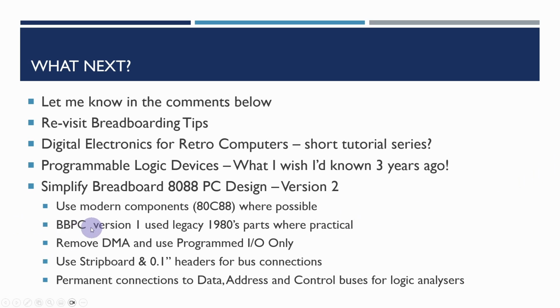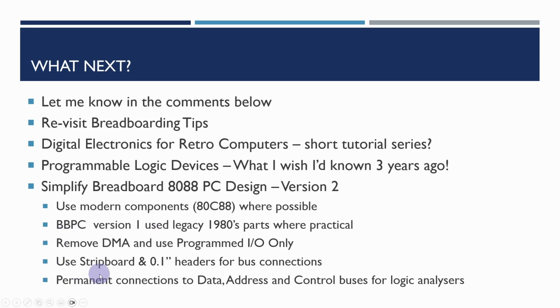And what I have been thinking about doing is simplifying the breadboard PC design, doing a version 2. I have actually got a modern C88, which was bought from Mouser in the last 6 months or so, and there are a number of the other parts which are still available to be bought as new parts rather than from eBay. The Breadboard PC version 1 used legacy 1980s parts where practical. Sometimes it was late 80s, early 90s, like the PS2 keyboard controller, but they were basically parts from 30 odd years ago. I'm certainly going to remove DMA and only use programmed I/O,